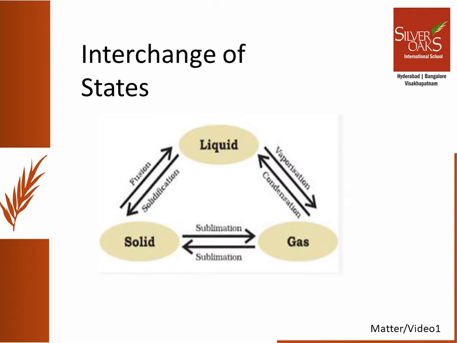Here we observe that all these three states of matter can easily interchange by change in the temperature and pressure conditions. For example, when ammonia gas is liquefied, there are two conditions which are essential. First, lowering of temperature and increase in the pressure. The lowering of temperature decreases the kinetic energy of the particles, and increase in the pressure brings the particles near to each other, making the gas into liquid state, or bringing the gas from gaseous state to liquid state.